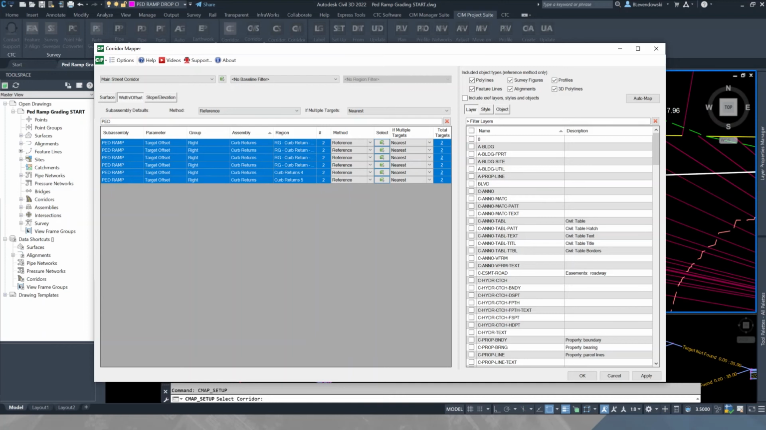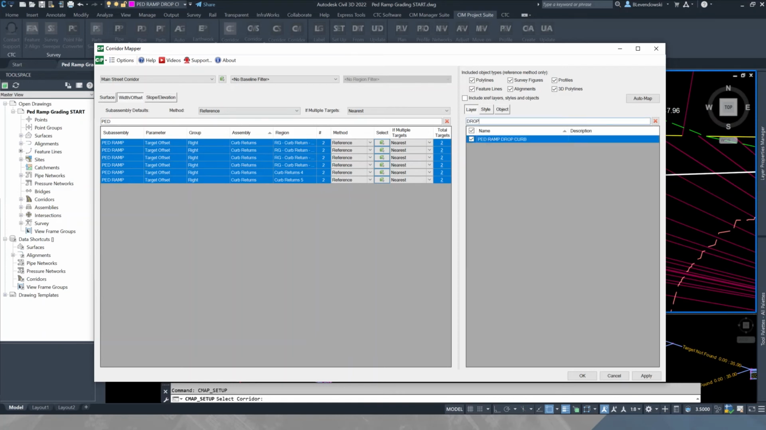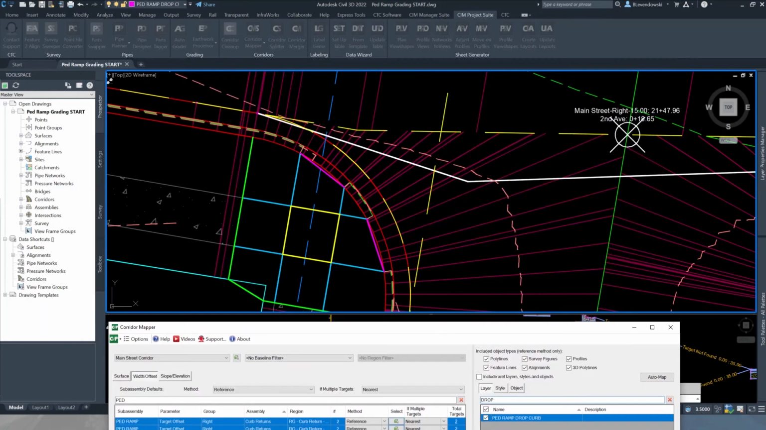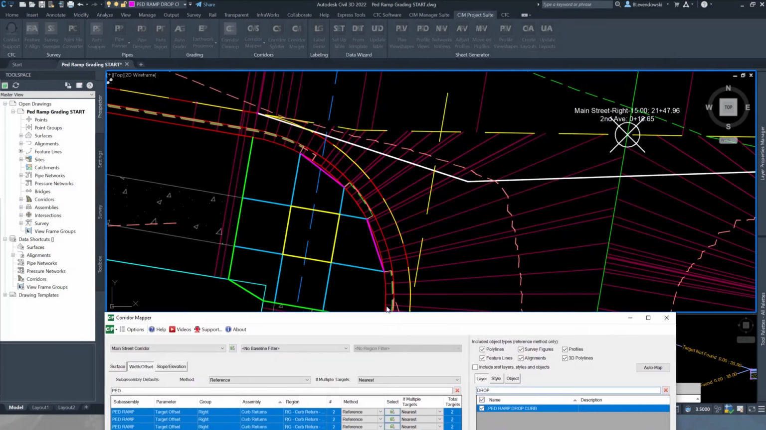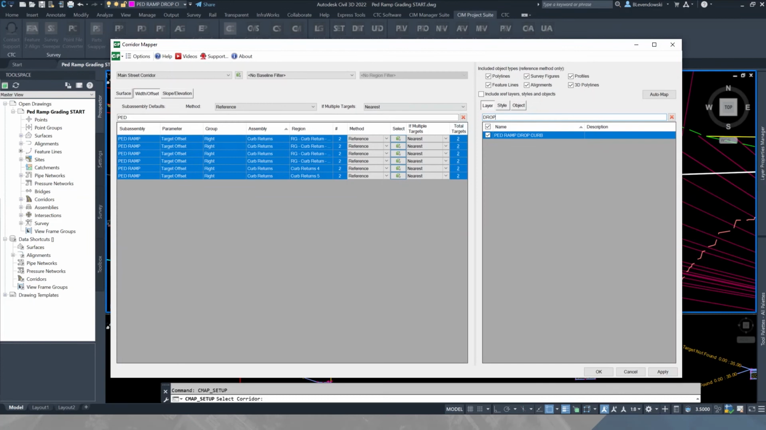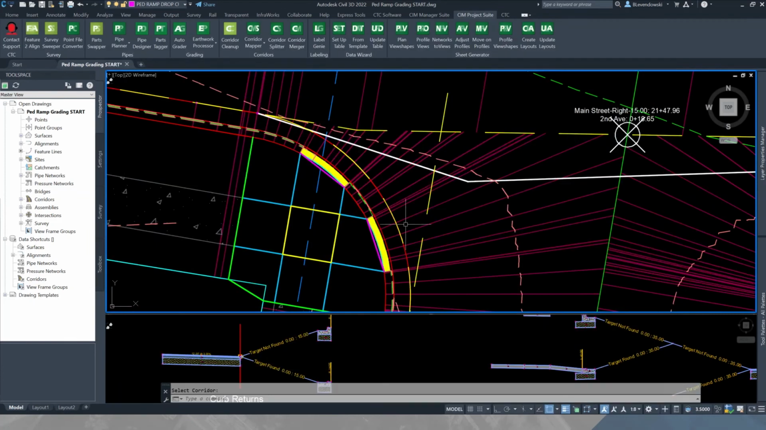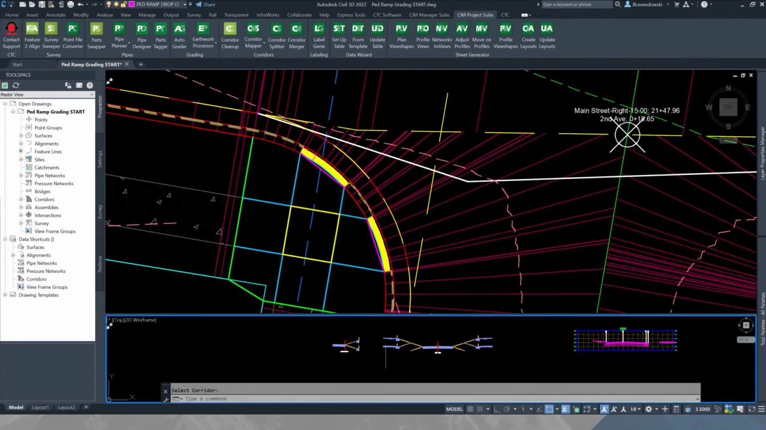What I've got here though is all these ped ramp subassemblies linked to the ped ramp drop curve layer. That's the layer that I drew these magenta polylines on. That layer is already linked. So if I simply hit OK, it's going to pull those new target objects in. You'll see the yellow hatching show up. And if I look back at my